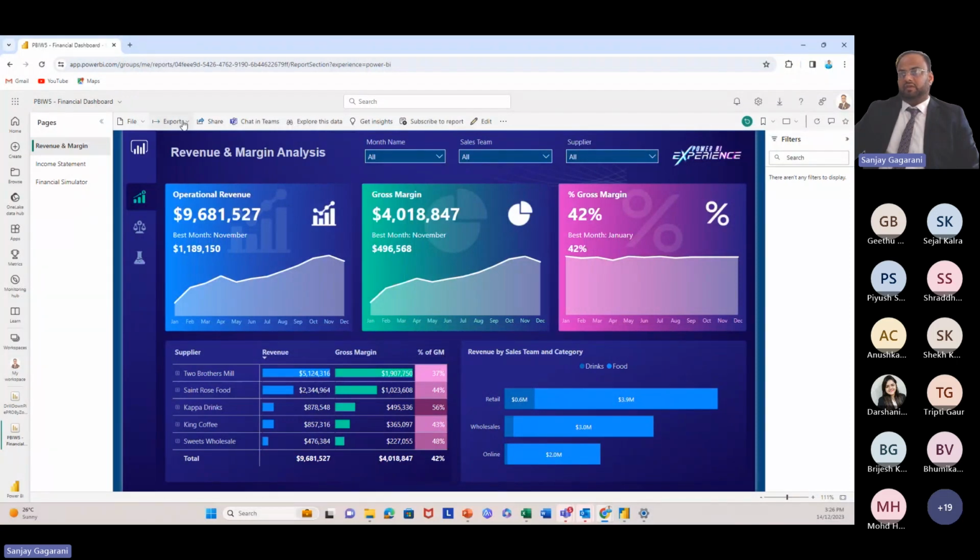Let me just show you that there is an option to transfer these files, this report, to your PowerPoint and PDF as well. And that PowerPoint can be linked online here. So the point here is we need not renew anything, we just need to refresh it. We need not prepare the presentation every month. Once it is linked, the moment data is refreshed, our PowerPoint presentation also automatically changes, and the data will change there itself. So all this can be linked from the data set to Power BI, and from Power BI to our PowerPoint presentation as well.